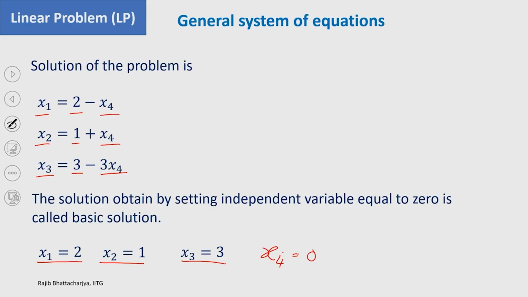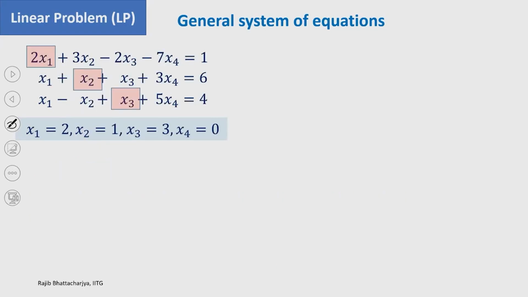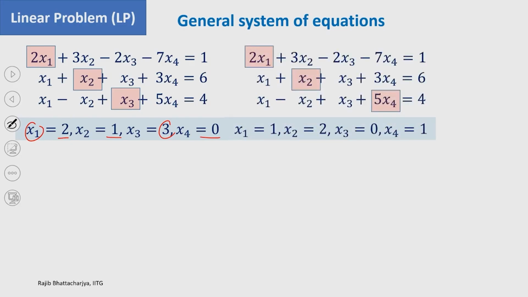So, now what have we done here? We have considered x1, x2, x3 as basic variables and x4 as a non-basic variable. So, in this case, what solution am I getting? x1 equal to 2, x2 equal to 1, x3 equal to 3 and x4 as a non-basic variable, thus the value is 0. Now, if I consider that x1, x2 and x4 are basic variables and x3 as a